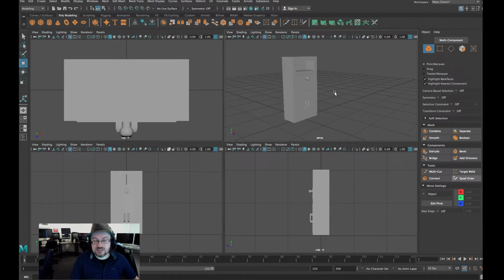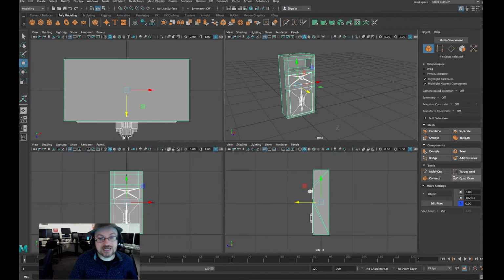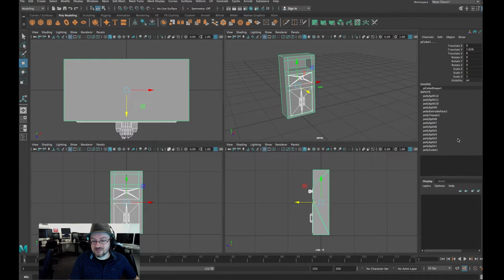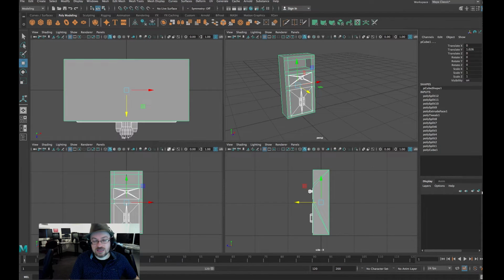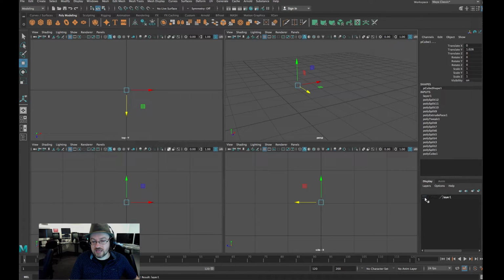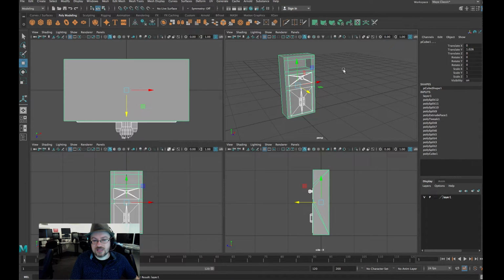For the last part of this demonstration, I'm going to hide this object and quickly make a dinosaur. Going here to my channel box, we have display options, and I can create a folder containing everything that is selected by clicking this button at the end. I click, and this new folder contains all the cabinet items, and I can hit V to hide them or make them visible. I can also select each one of these objects and give them a more useful name, like